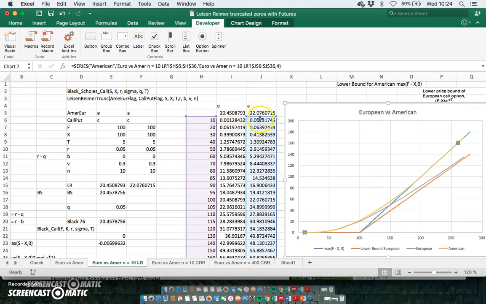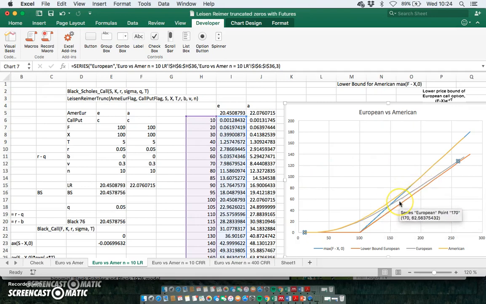In other words, if we take the futures here and generate a data table for different levels of F, so 10, 20, 30, 40, then the set of values that we obtain for the American option can be described by the yellow parabola. So that's the American option. The European option is the gray. The European parabola is given by the gray